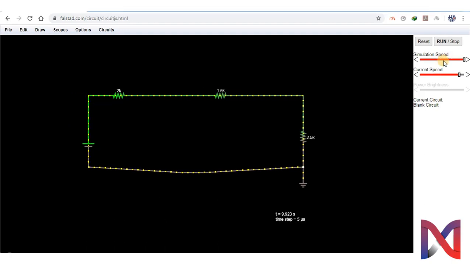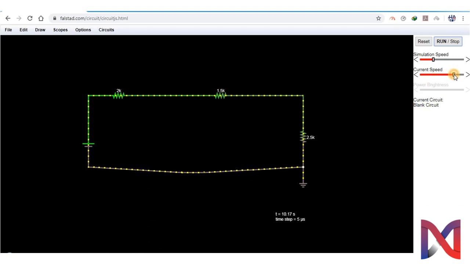Here you can see you can vary the speed of simulation, either make it fast or make it slow. So changing here will bring a change in the simulation speed. Similarly, you can slow down or speed up.